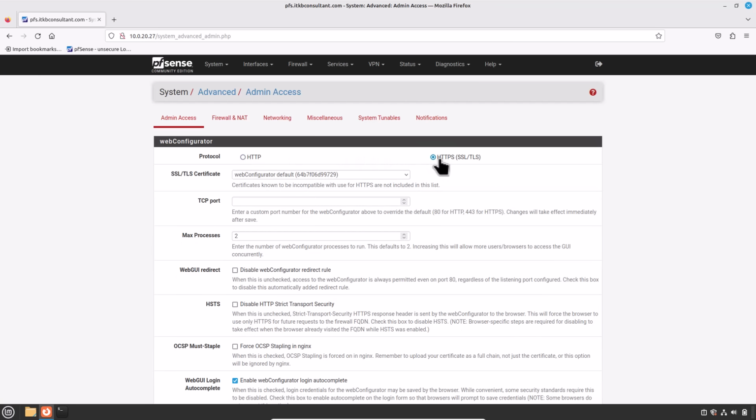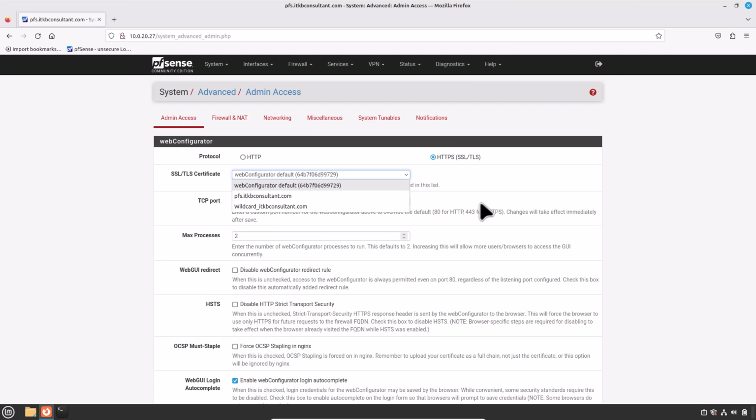HTTPS, SSL/TLS, is encrypted, secure HTTP that protects communications between the client browsers and the firewall GUI. It requires an SSL/TLS certificate to function. Select this option. Please note, the best practice is to use HTTPS to exchange only encrypted traffic between the GUI and the clients. And then we have to provide here the SSL/TLS certificate to be used by the GUI in